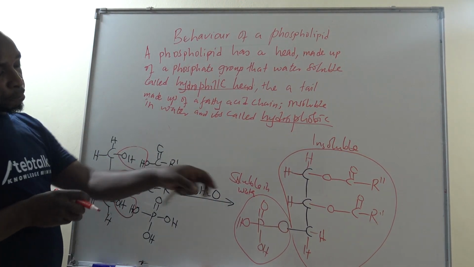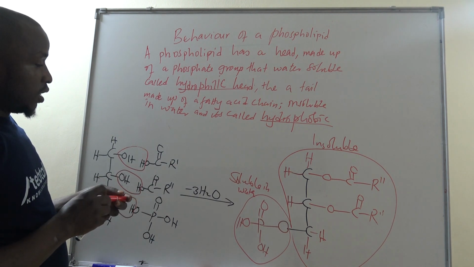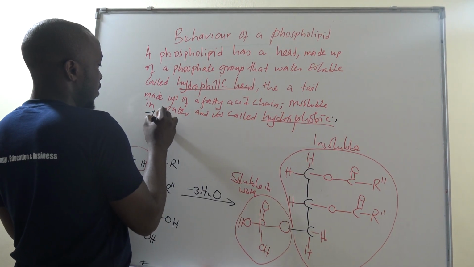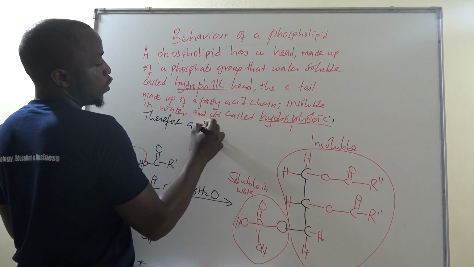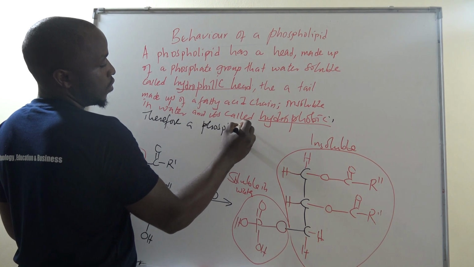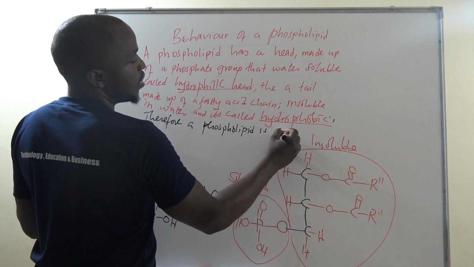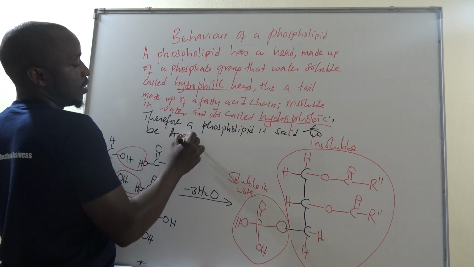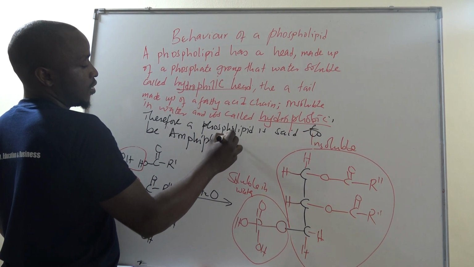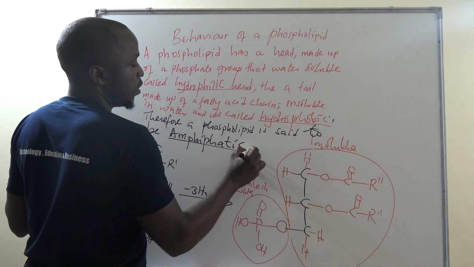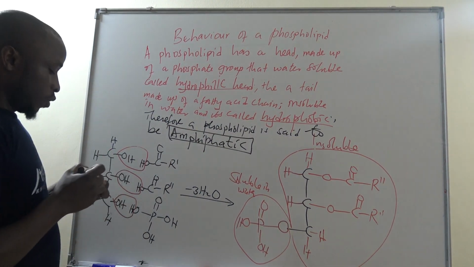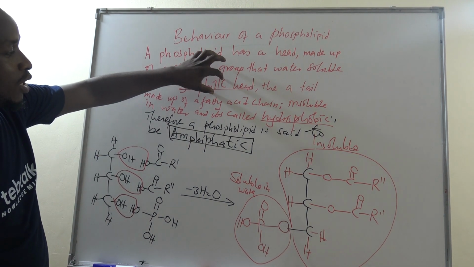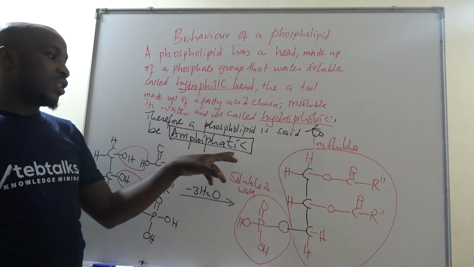Because of this, we can say therefore that a phospholipid is said to be amphipathic. A phospholipid is said to be amphipathic because it has two regions, a head which is hydrophilic and a tail which is